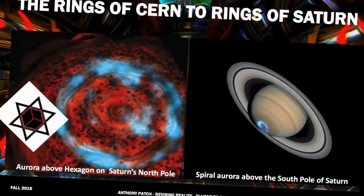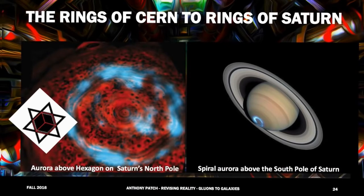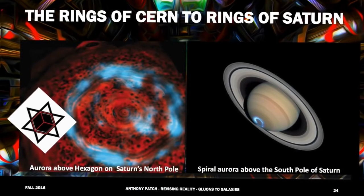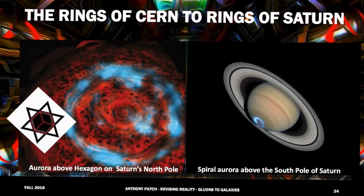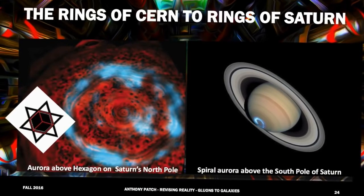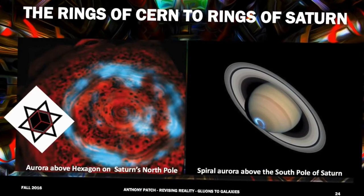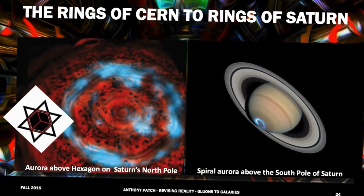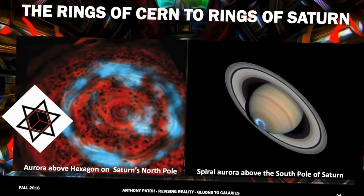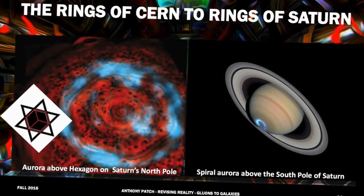What is the mechanism that is causing the, it really is a naturally created hexagon shape at the northern pole of Saturn? Mm-hmm. Do we understand, is it, I guess physicists talk about angular momentum. Is it a function of the spin of Saturn or the bulk, the size of it that is causing these particles, in effect, to be, I guess you're calling it a cyclotron? Synchrotron. Synchrotron, yeah, just like the Large Hadron Collider's main ring, we're looking at a main ring on the northern pole of Saturn. The way that physicists typically try to describe the natural arrangement into a hexagon is they talk about the eddy currents, the backspin, if you will, of the movement of what they call clouds, but these are actually particles, charged particles that are accelerated and causing